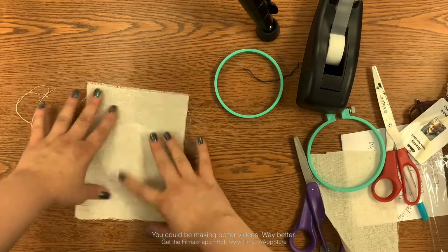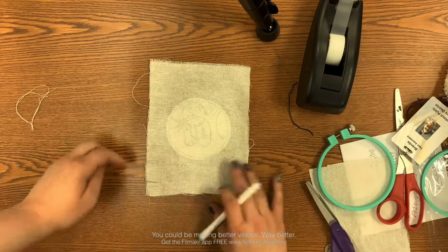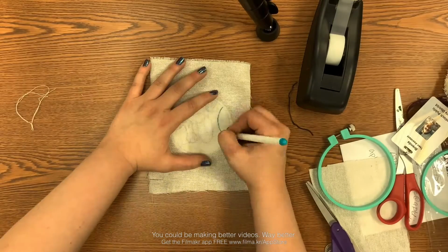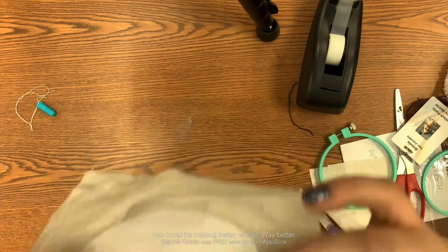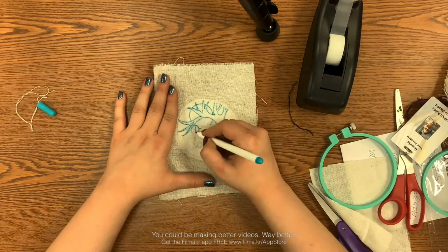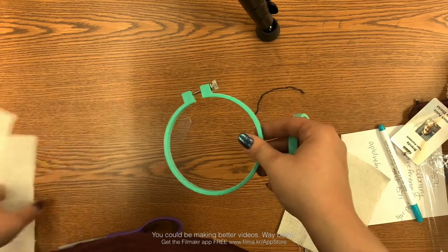If not, what you can do is put it up against a window or even put it up to the lights on your ceiling to get those lines to come through and then trace it from there. So that's what I'm doing here, is I'm just quickly, with the power of fast forward, tracing all of my lines. So now that we have traced our drawing onto our piece of cloth, we will be taking our embroidery